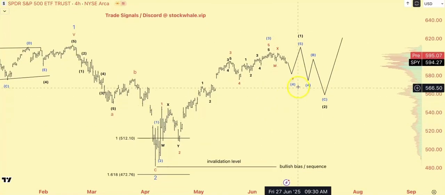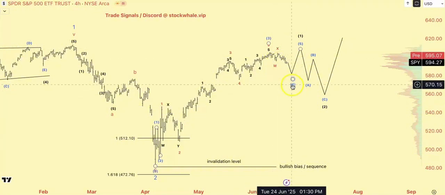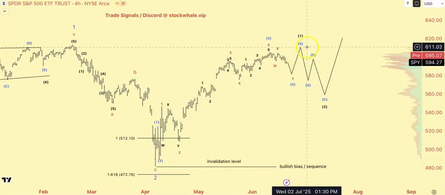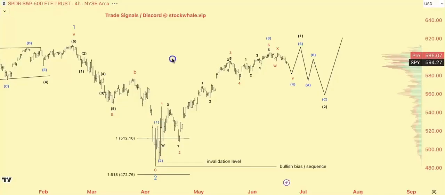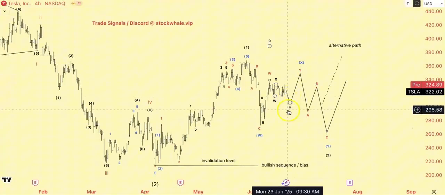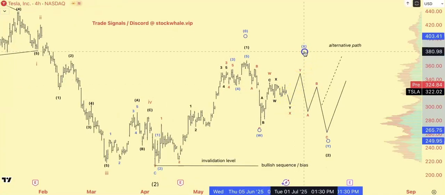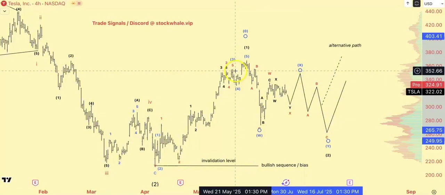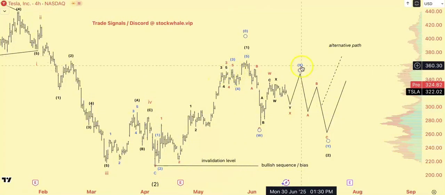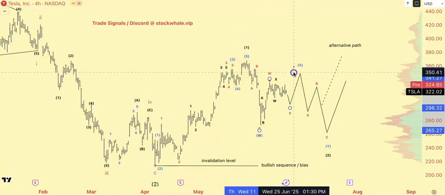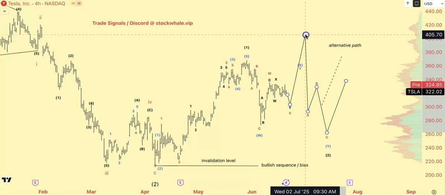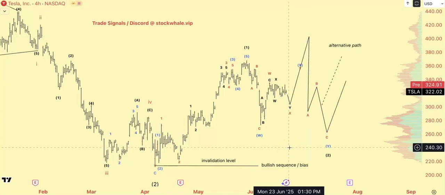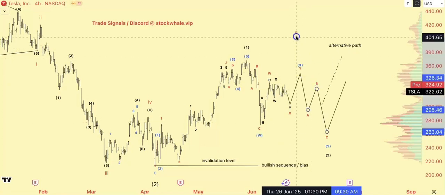And if you take a look, when the S&P does bounce from this wave 4 to the wave 5, now the question is going to be, is Tesla on that bounce going to stop here, around that 340, 350 mark, or can it start a new impulsive structure with that alternative path and go higher, closer to 400? So we just don't know yet, guys.